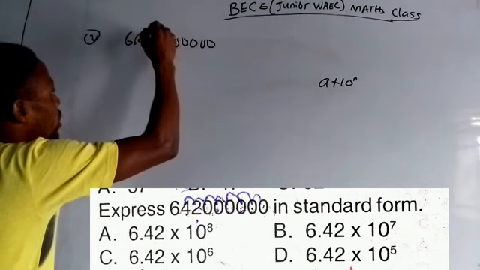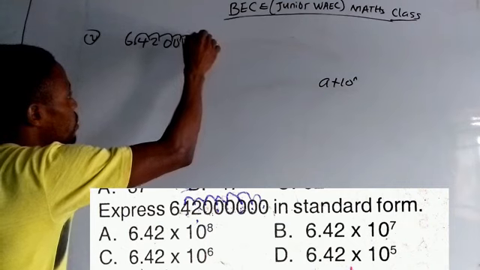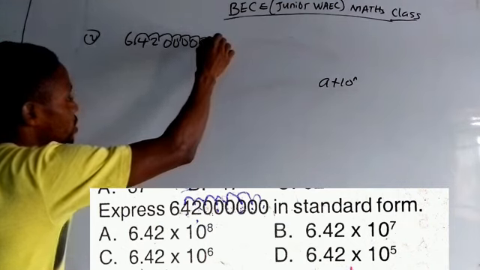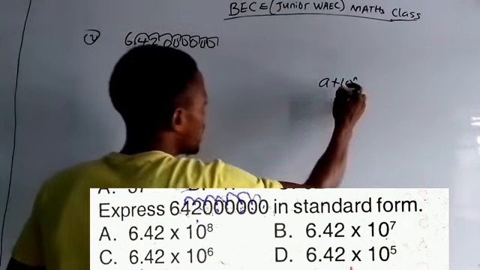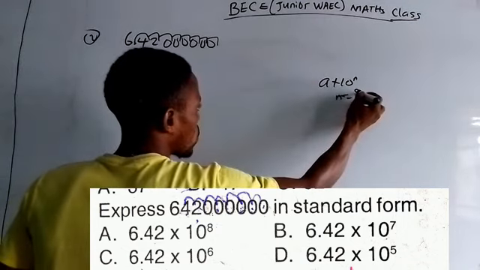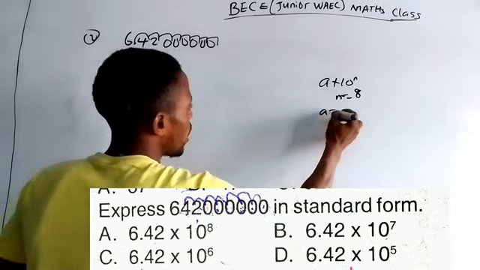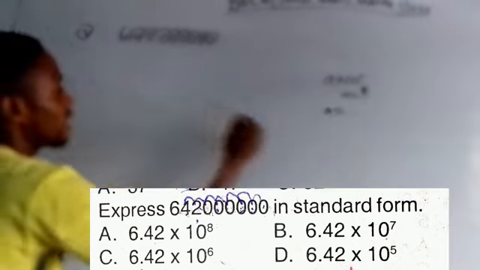You have 1, 2, 3, 4, 5, 6, 7, 8. So it means our n is equal to what? We have 8. Our n is equal to 8, where our A is equal to where we place this point, that is